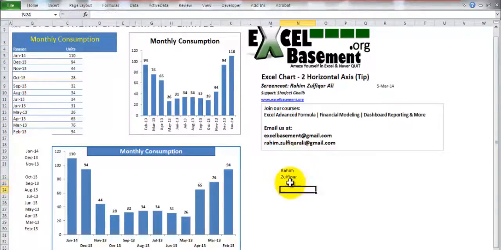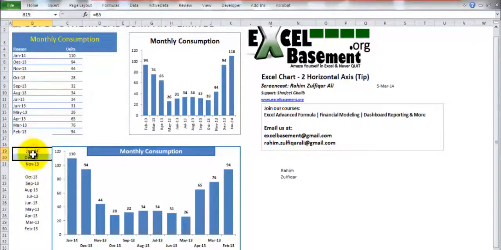So we will apply this function to move the remaining months into the next line. What I have done is I have used equals CHAR with the number 10, ampersand, the TEXT function with the cell reference, and the correct format for months and years, so that I can show the months in 3 letters and the years in 2 digits. So CHAR 10, ampersand, and the TEXT function.